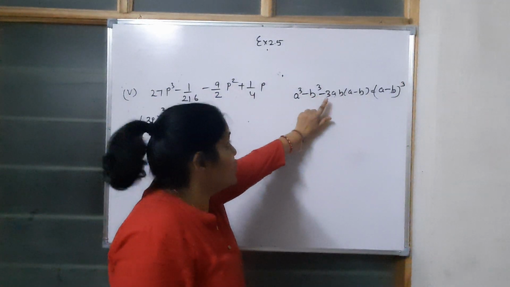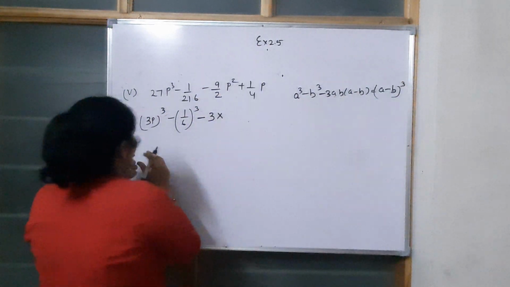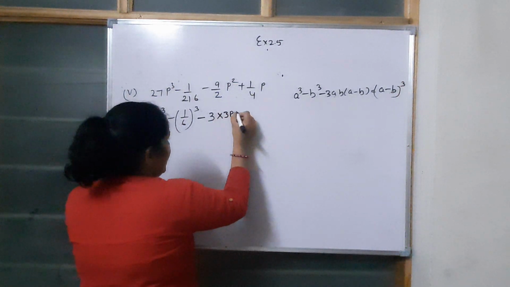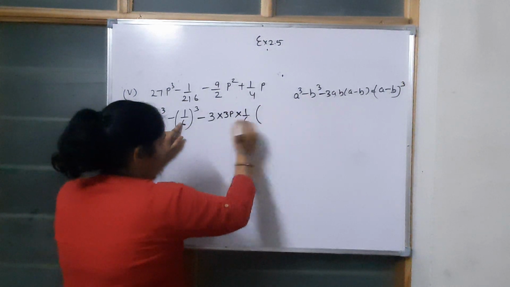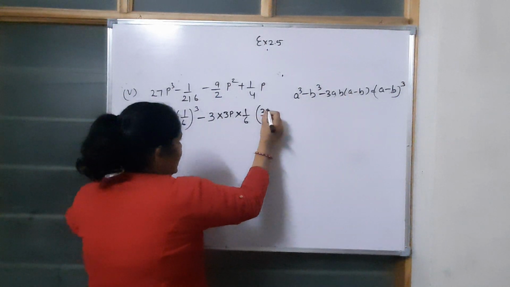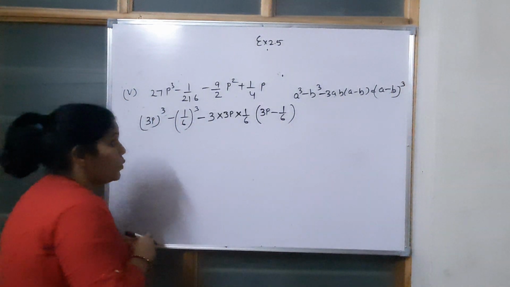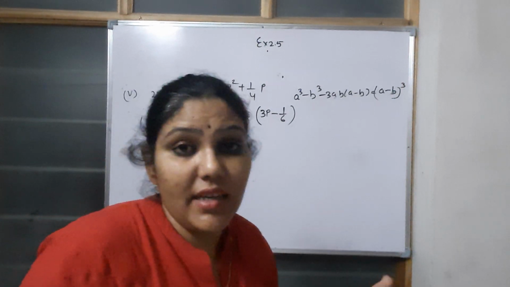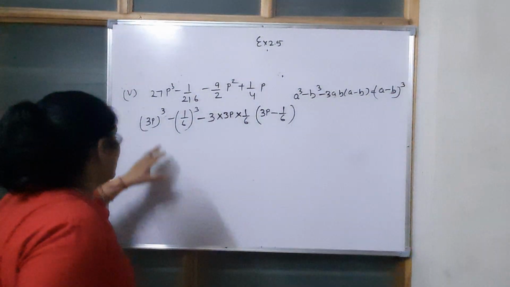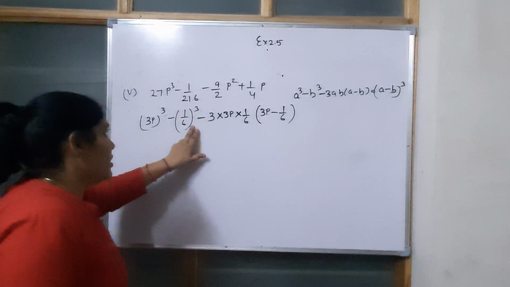Now what we have to do, we just need to check whether we can apply this identity or not. So minus 3 into A. According to us, what is our A? Our A is 3p. What is our B? B is 1 upon 6 and 3AB we have done. We have one more, A minus B. So A means our 3p and B means our 1 upon 6. Plus, be careful while applying the identity. You always need to check whether you are getting the same terms, the same polynomial, when you are applying the identity. So just look here. 3p whole cube, 27p cube, 1 upon 6 whole cube can be written as 1 upon 216.